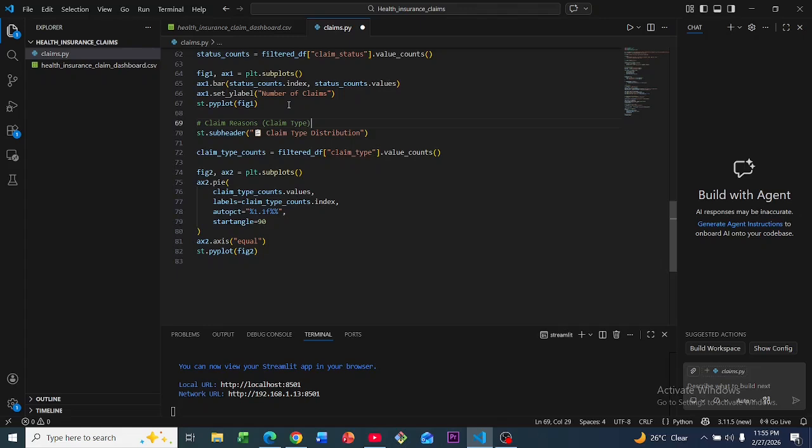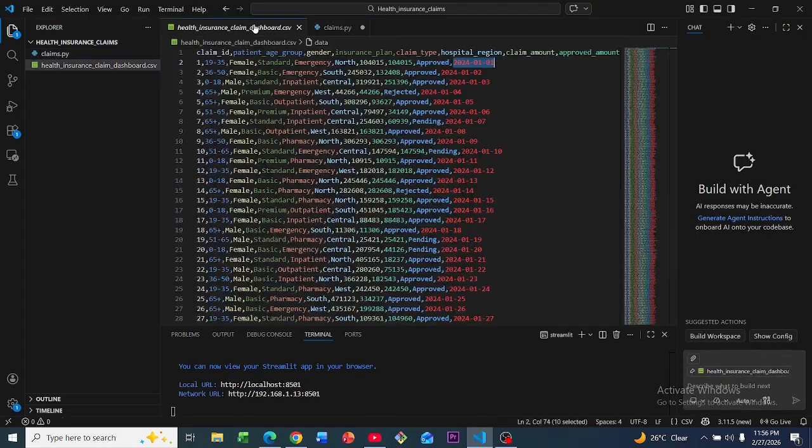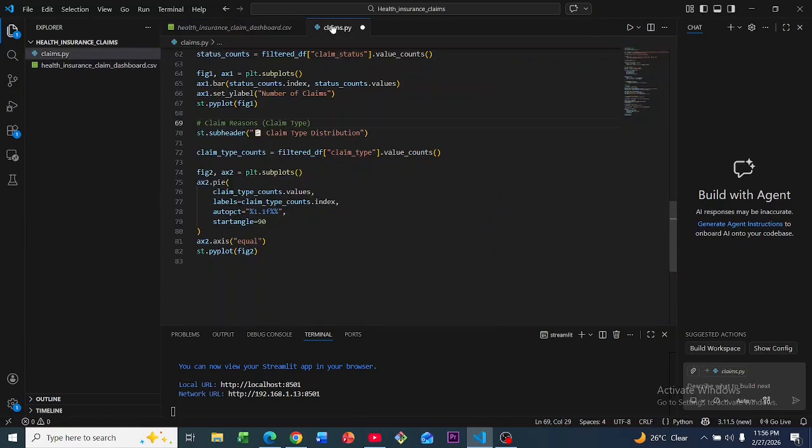What was the reason this claim was submitted for? So for example, if we go to our CSV file, you will see we have the various claim types, right? We have emergency, inpatient, outpatient, pharmacy, and so forth. So we have various reasons these claims were submitted for. All right, so now we want to see how many were emergency, how many claims were for inpatient, and so